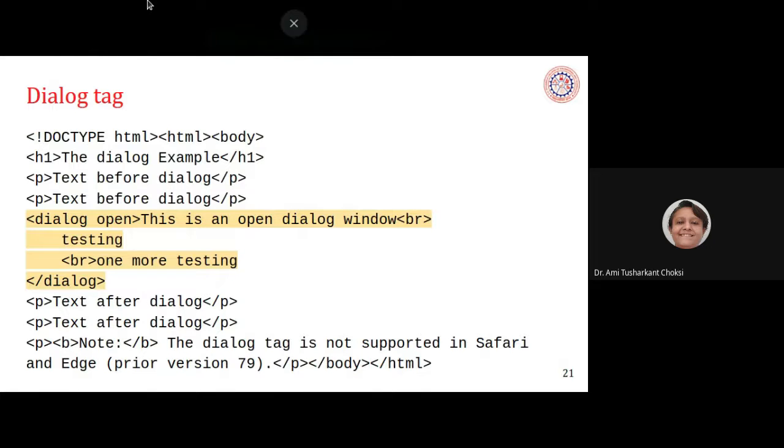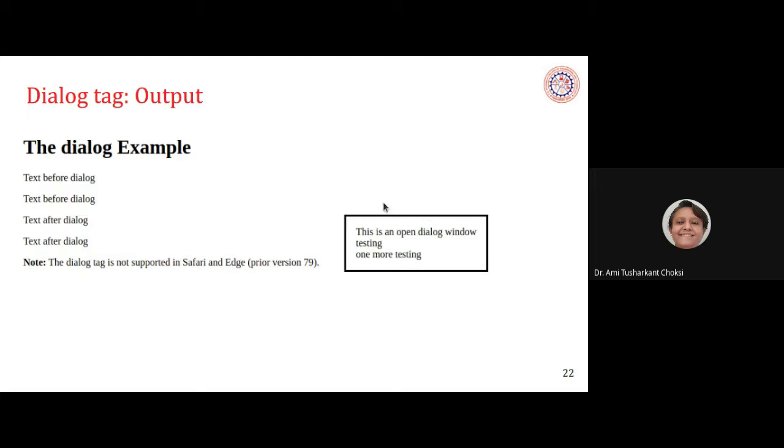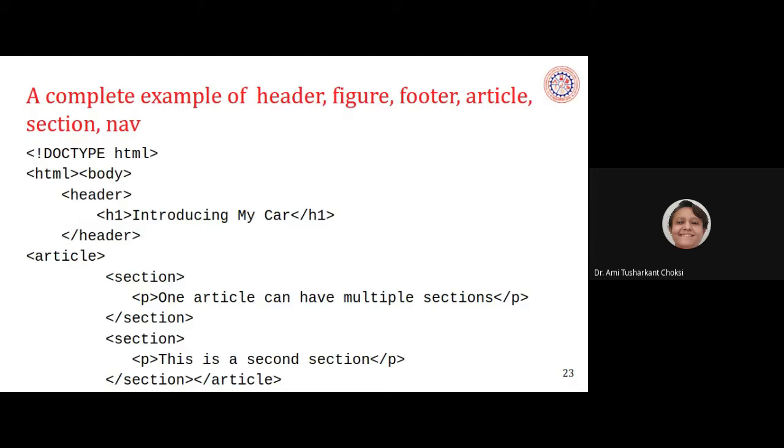See, dialog is very simple. What we write over there is dialog open. Say we are writing the text for that. This is an open dialog window, right? I want to have some more text inside this, so I'll write that and end dialog, right? So this is what we have to use. Now, how the output we will be able to see for this dialog is this one. It is not a dialog box the way we have, like saying this is the error or okay, cancel. That type of dialog is not there, but it is something like this, right? Now see, I'll give you the complete example of header, footer, figure, article, section.